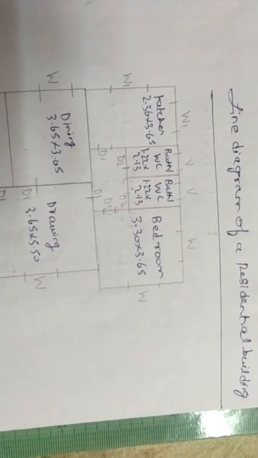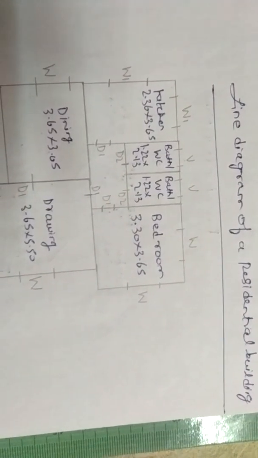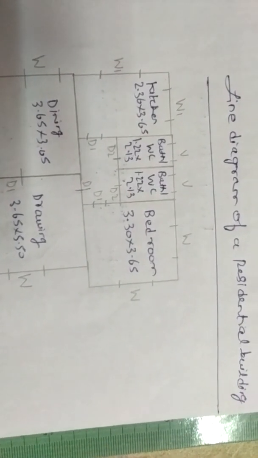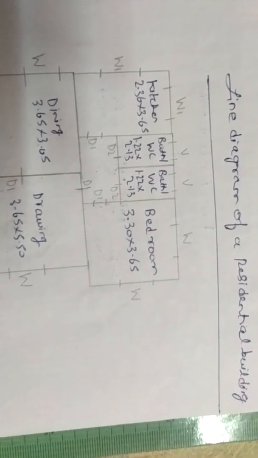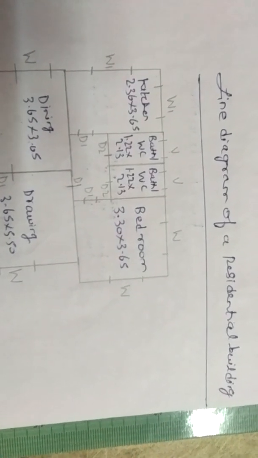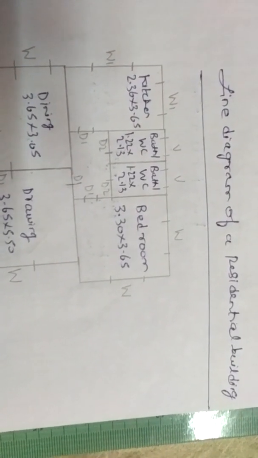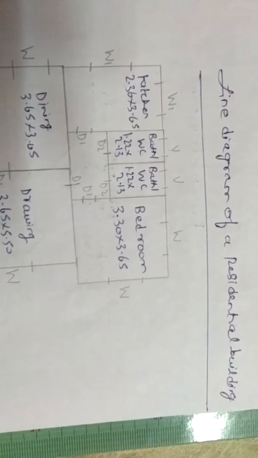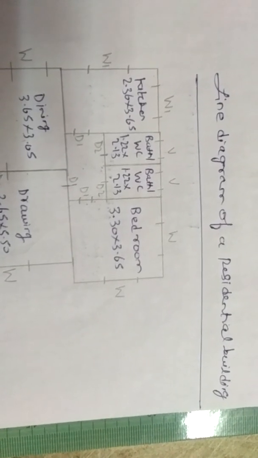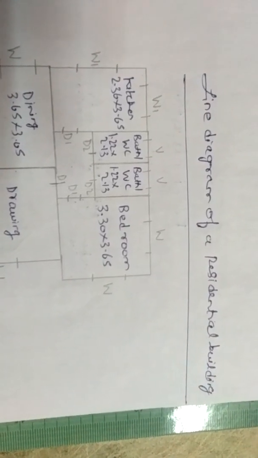So hello dear students. Now let us talk about the development of plan from the given line diagram of a residential building. So first let us see the difference between a line diagram and a plan. The line diagram is nothing but a plan of a building itself wherein all the rooms of the building are shown. But in a line diagram, the walls of all the rooms are shown by a single line, whereas in a plan all the walls of the rooms in a building are shown with thickness also. So wall thickness is given in the plan, whereas in a line diagram the wall thickness is not given.